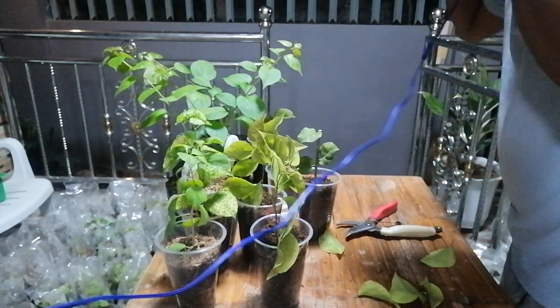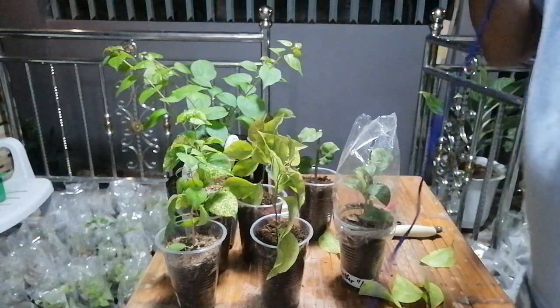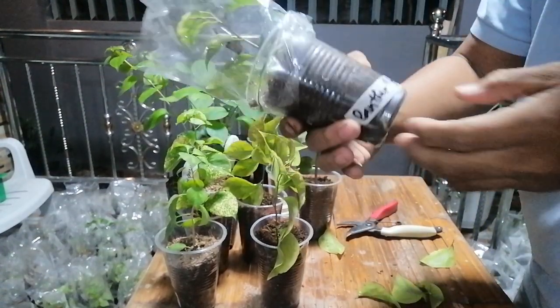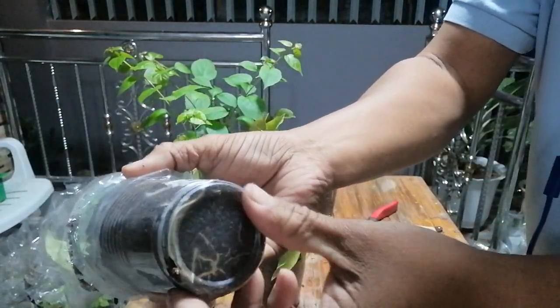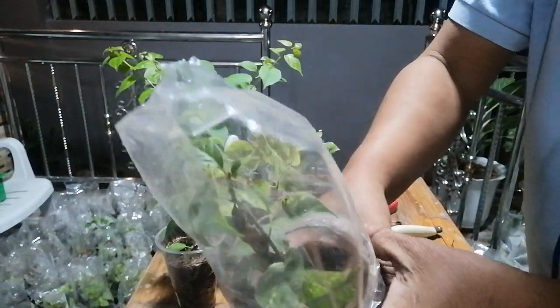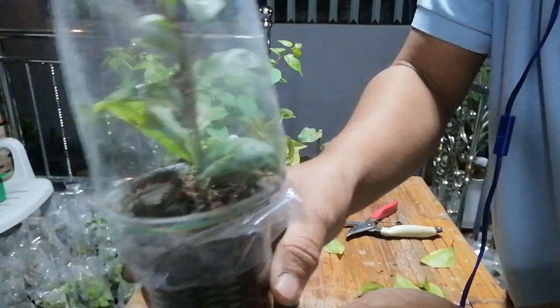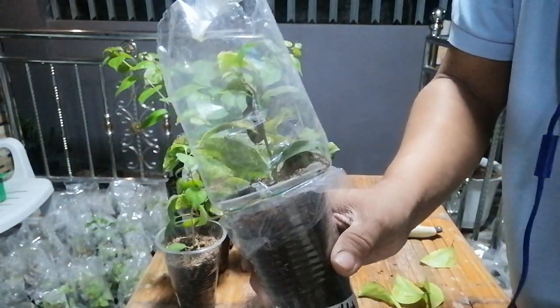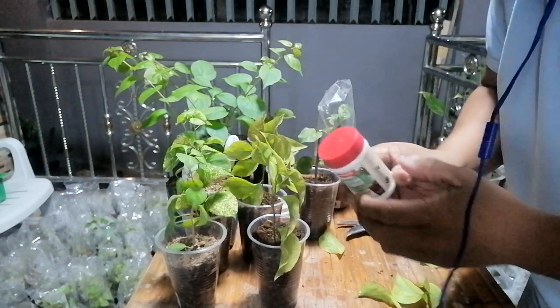I'm going to get an example. Here I have an example. It's a panther. See the roots. Developing. Buhay na siya. I can already harvest it when I am free. It was planted last November 20. It's already months. So in just 1 month, makakabuhay ka na ng Bougainvillea using this secret weapon, my secret powder,